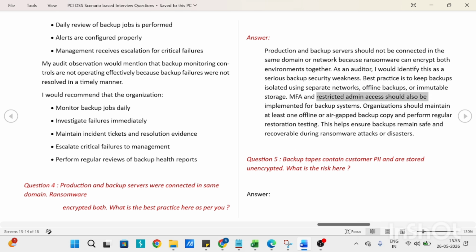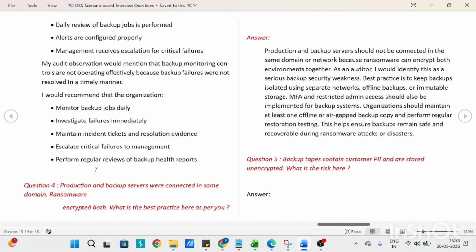access should also be implemented for backup. Organization should maintain at least one offline or air-gapped backup copy and perform regular restoration testing. This helps ensure backup remains safe and recoverable during ransomware attacks or disaster. So,